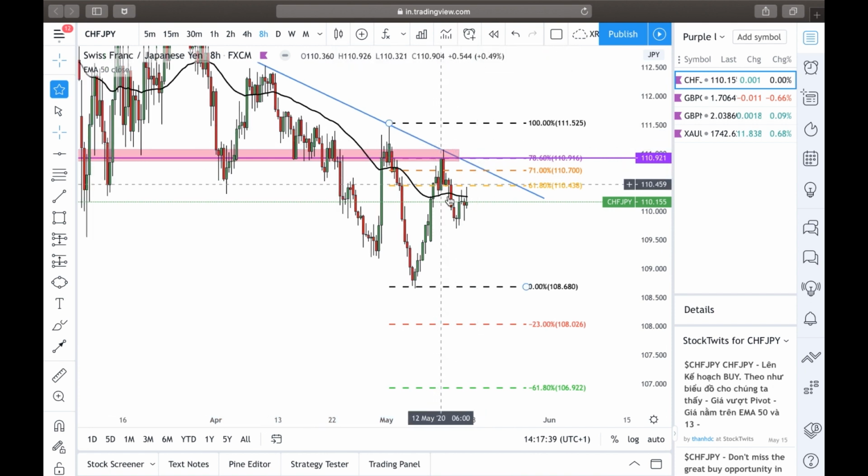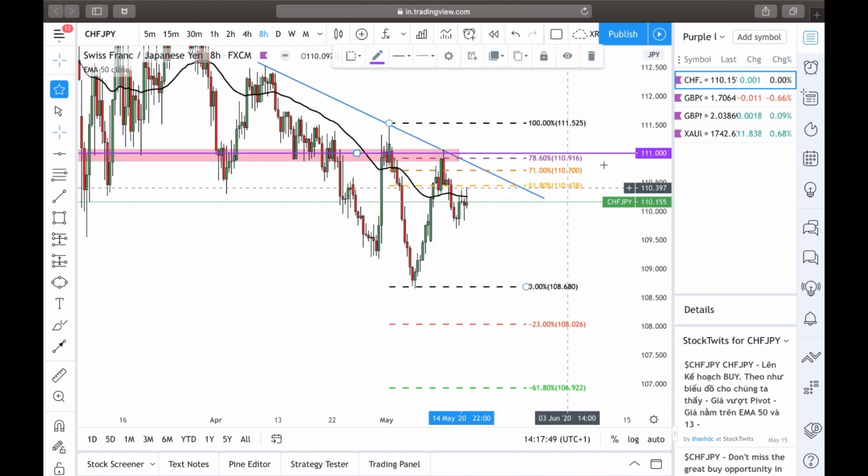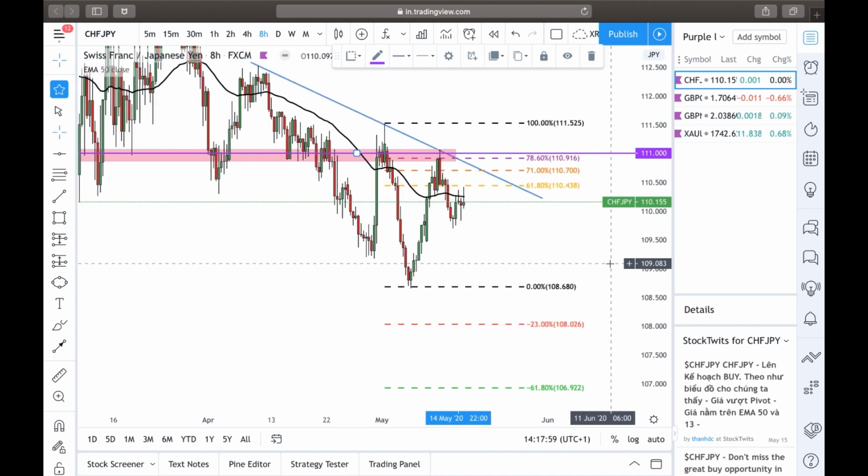So yeah, that is basically like a resistance. So we have a psych level, which is also what I look for. A psych level is a big round number, like 110, 110.500, and then it goes on and on. Big round numbers, basically. These are what the big banks like Barclays,